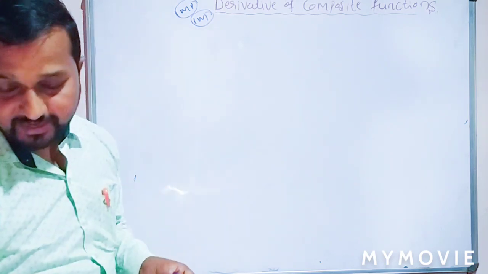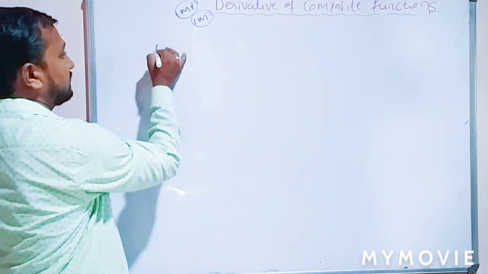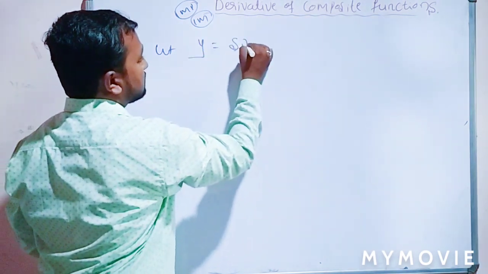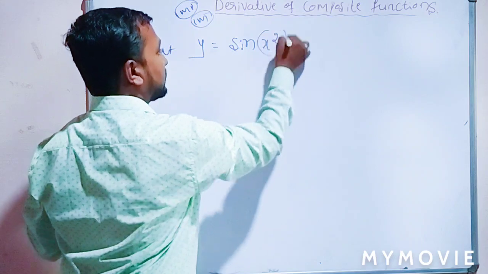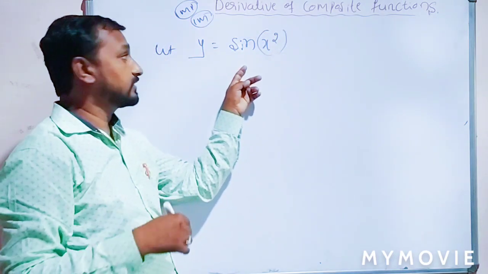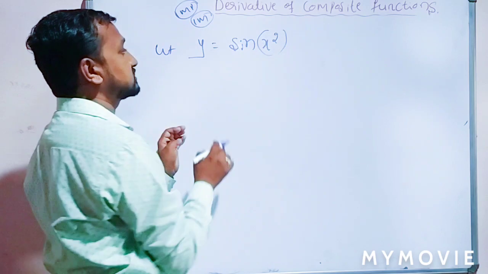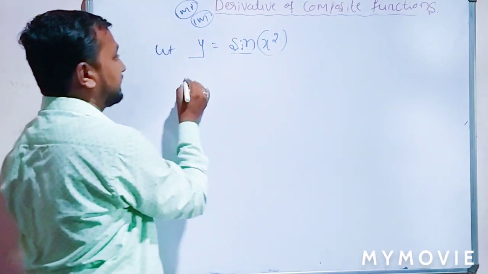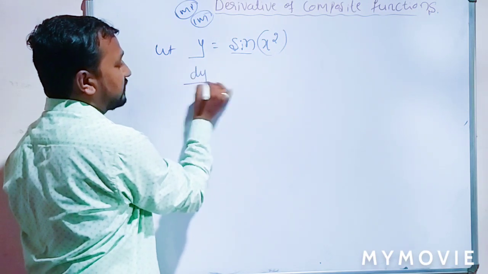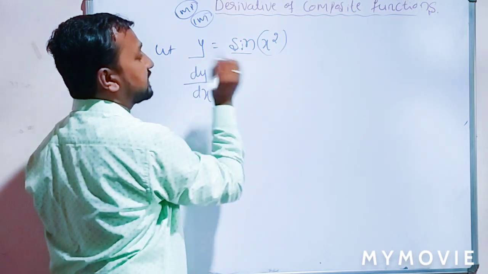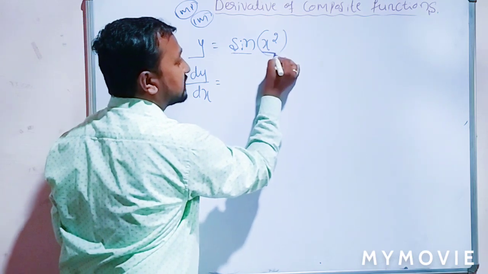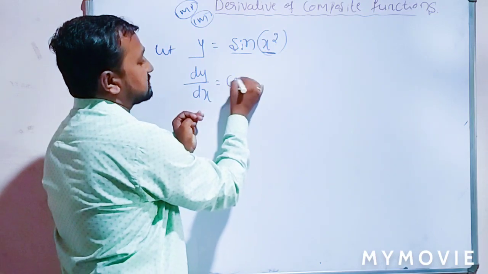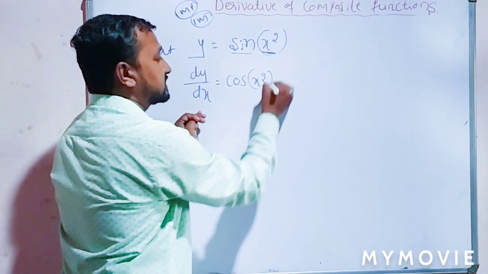This is clarified. So here let us take another example, that is y is equal to sine of x square. Already we know this from the continuity chapter. This is of the form: sin x is one function and x square is one function. So dy by dx equal to, first treat this as sine of standard function x. What is the derivative of sine x? The derivative of sine x should be cos x, with x being x square.